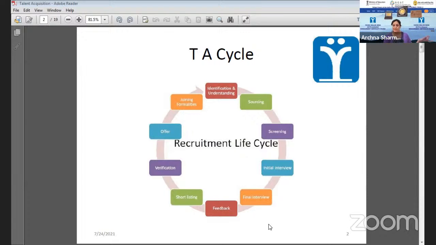So sourcing is a very big challenge in India. Screening is not so much of a challenge. Again, the initial interviews is a big challenge क्योंकि maximum HRs are not trained in taking that initial interviews. क्या करते हैं